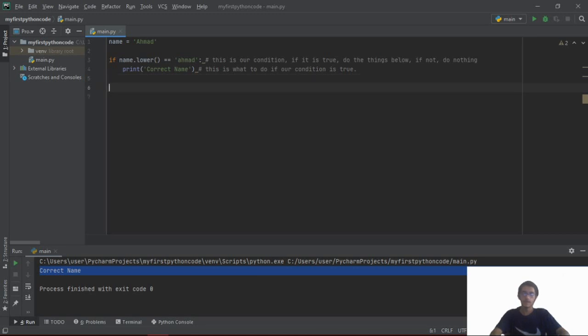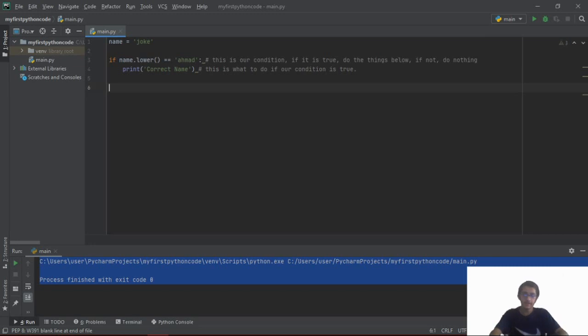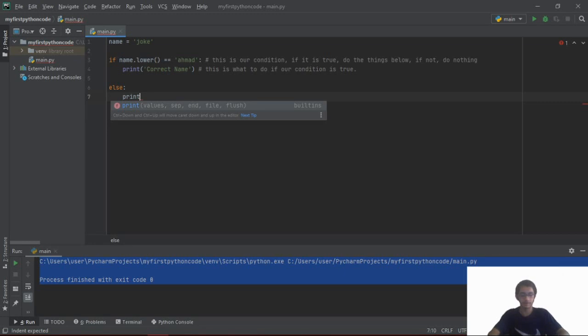Next, if we type in here a wrong name such as joke, it would return us nothing. It won't even tell us whether this is a name or not. For that, in Python we use the else statement, else, and we don't use any condition in this. Else statements are simple. If our if statement is false, it will return us a default value. So I'm gonna print